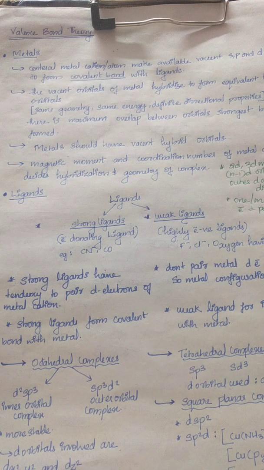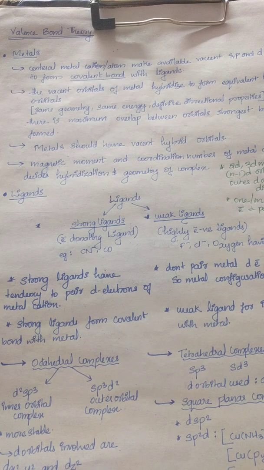Moving on to the ligands. The ligands are of two types: strong field ligand and weak field ligand. Strong field ligand is also known as strong electron donating ligand, and weak field ligands are highly electronegative elements. Strong field ligands have examples like CN-, CO, etc. And weak field ligand examples are fluorine, chloride ion, and all the ligands which have oxygen in them, like